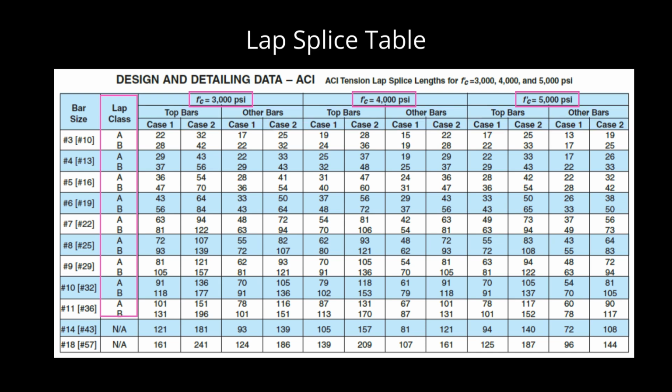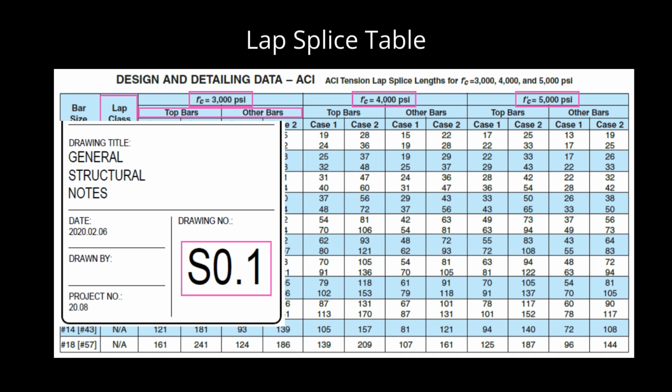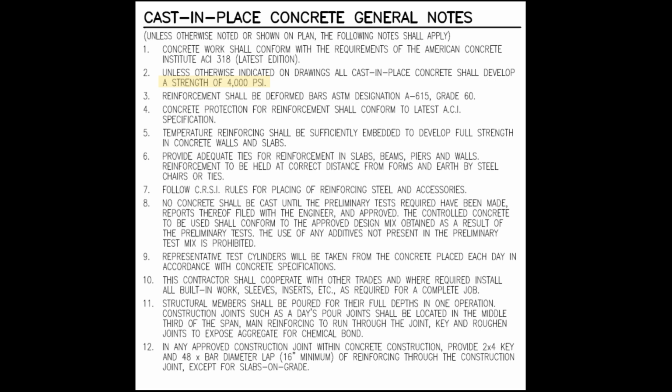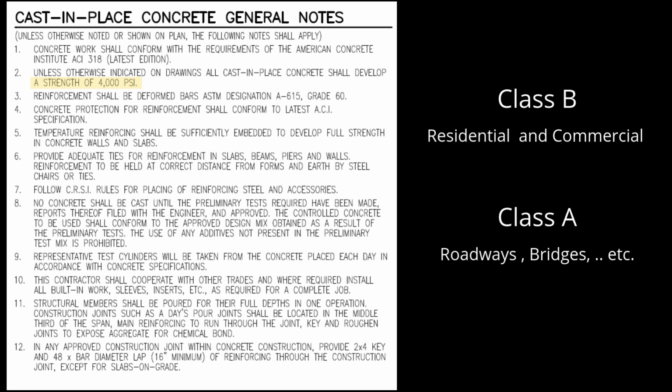You can find concrete PSI and class of concrete information in the General Structural Notes page of structural drawings. Usually, it is the first page of the structural set and commonly called S01 or F01. When you find General Structural Notes page, look for Concrete Notes. In Concrete Notes, we just need to find and highlight PSI value of the concrete. In this case, Note 2 calling for 4,000 PSI concrete, but these notes are not giving us information about class